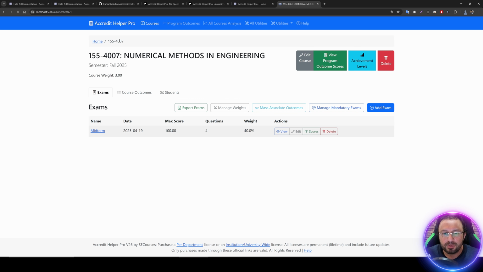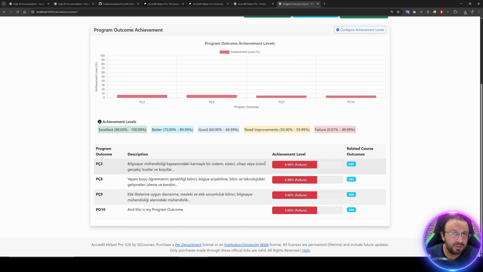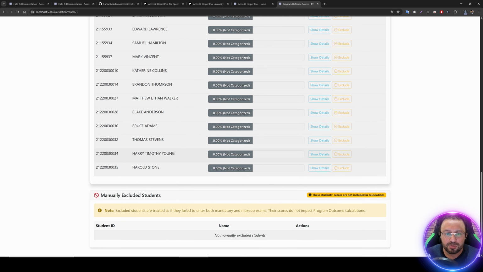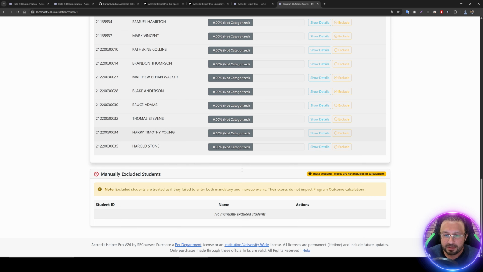I can return back to exam, and now I can see program outcomes. However, I am still not at 100% weight, but still we will see. So you see currently we are all failing, and this is expected because when I go to the student results, all of our students are empty. 0%, and you see it says not categorized,